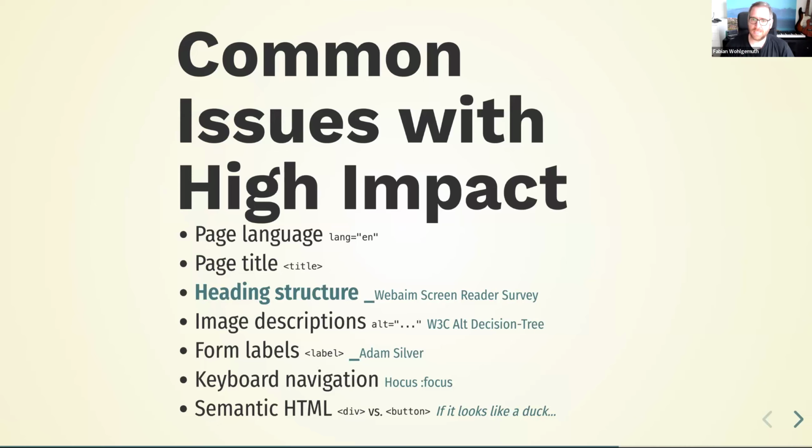There are elements, and it is easier to use them than to build our own, because those have a lot going for them. So a button has a million things in the background, and if I don't use the button and I use a div, I have to rebuild all of this to make it accessible again. And yeah, this comes down to it. If it looks like a heading, it should be a heading. And if it is a heading, it should also look like a heading.